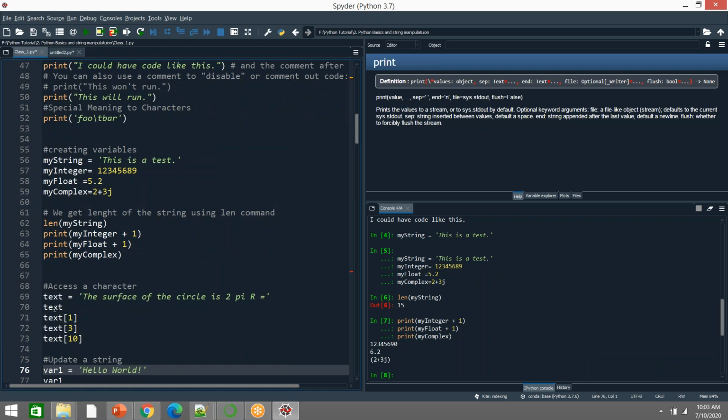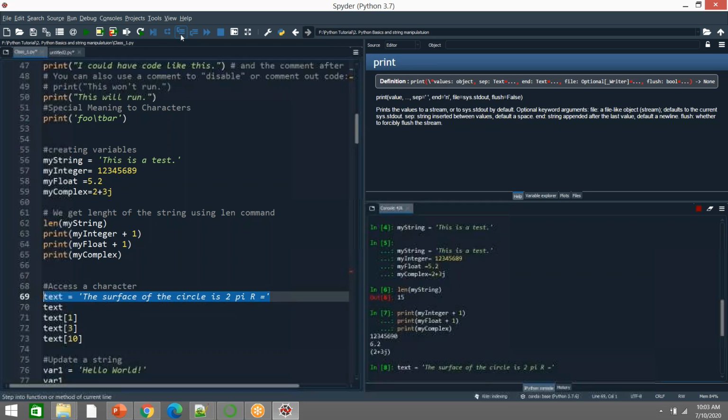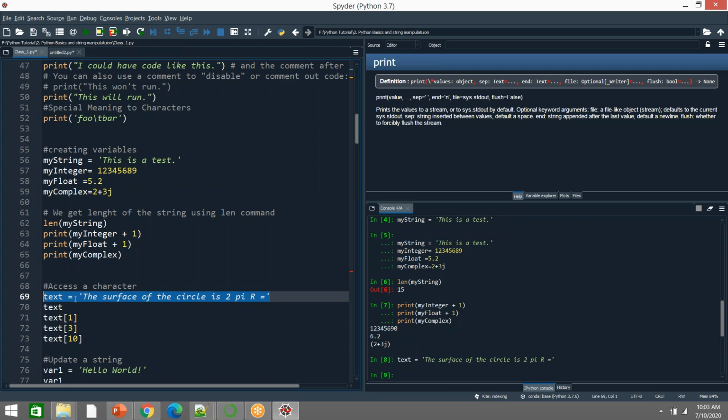Now the example which we are talking about, accessing a string, the operation, where now if we just print this as a whole,